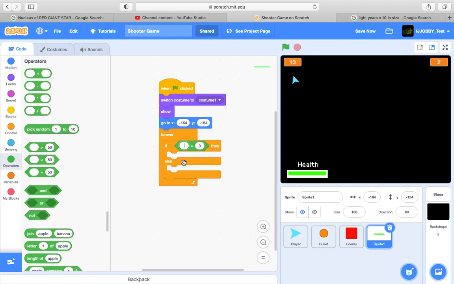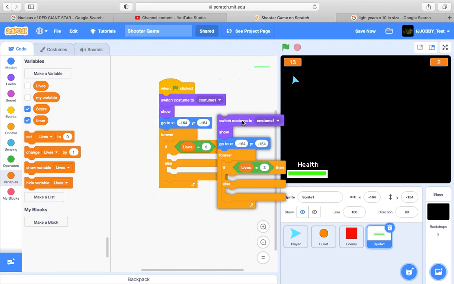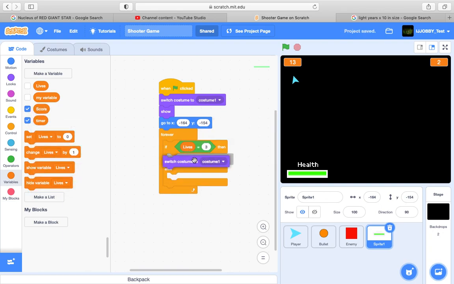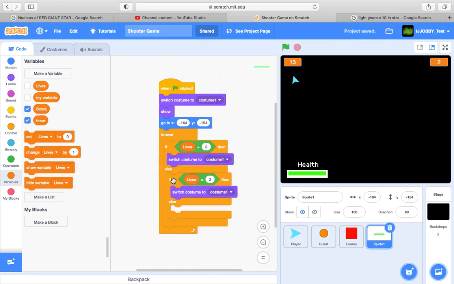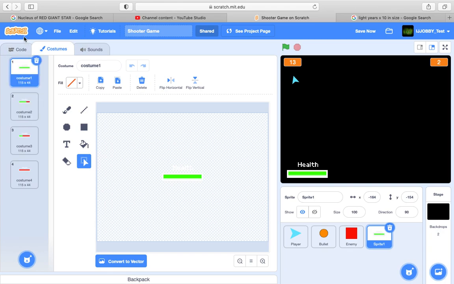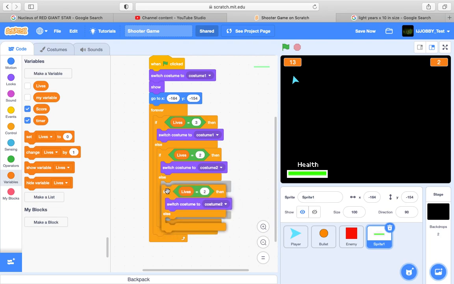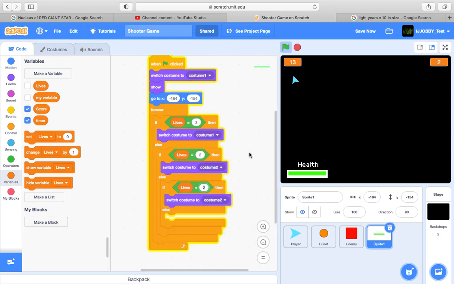So if lives is equal to 3, then we are going to switch to costume 1, and then we're going to duplicate this and put this in the else. If lives is equal to 2, then we're going to switch to costume 2, as you can see, this one. And then if lives is equal to 1,